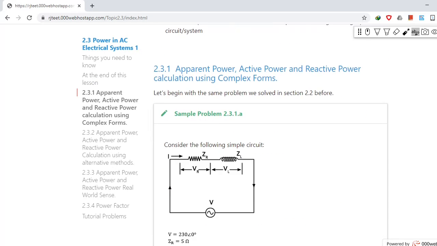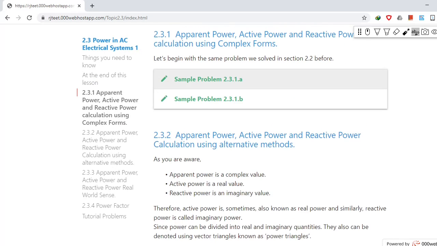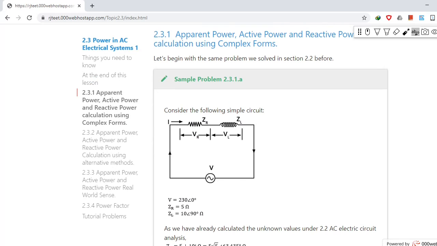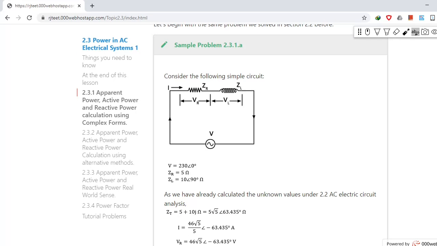So coming to our first problem, sample problem 2318. It is the same problem that we have solved in section 2.2, and in that section we analyzed this circuit for its current and voltage values. And as you already know, the supply voltage is given and the impedance values of inductor and resistor